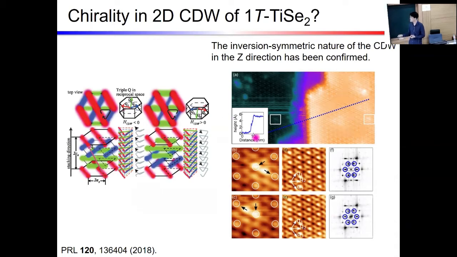So they analyzed very carefully, then concluded that in each layer there is indeed some periodic lattice distortion, very small. But this periodic lattice distortion has nothing to do with the chiral charge density wave order. So one example here, they crop the top layer and the bottom layer, which are different